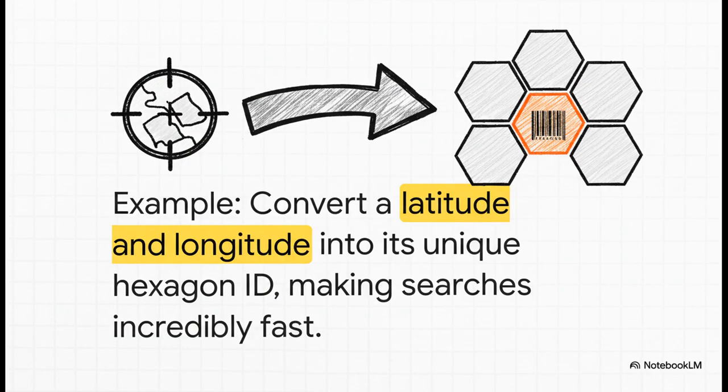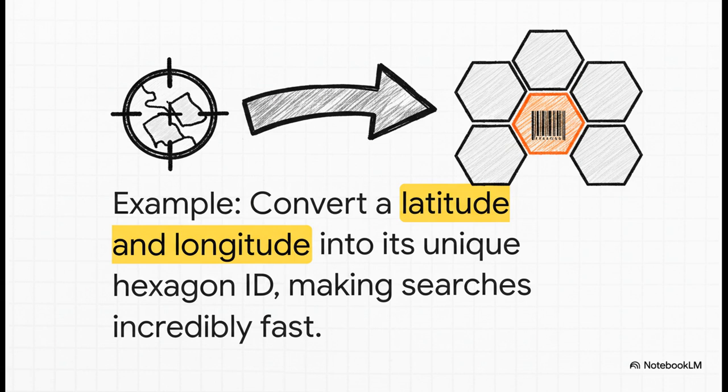So in practice, using H3 is this simple. You take a normal latitude and longitude, and you just ask the system, what's the unique ID for the hexagon that this spot falls into? Every single location on Earth can be snapped to one of these cells, which makes searching and analyzing huge amounts